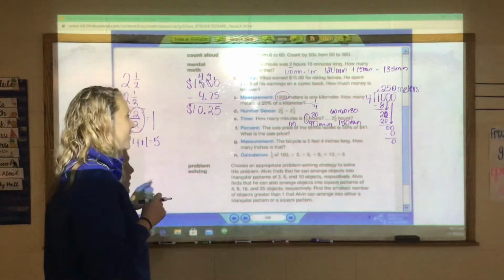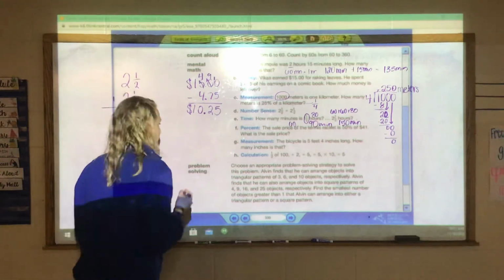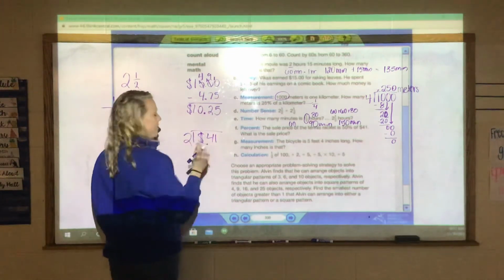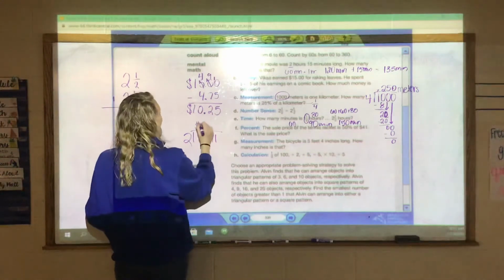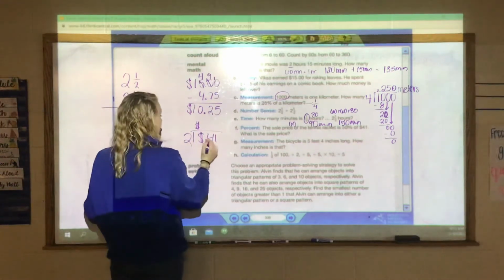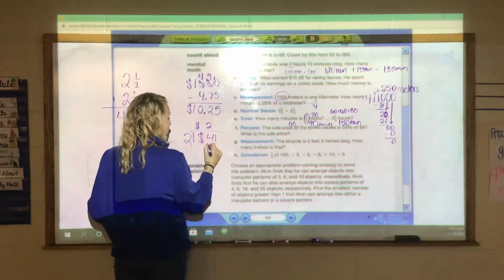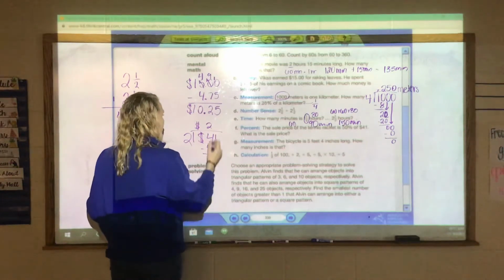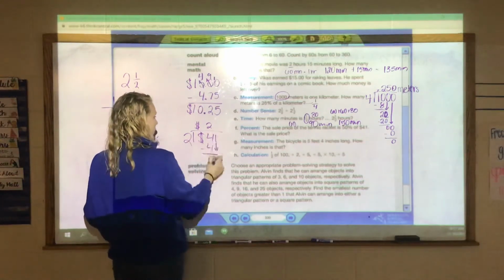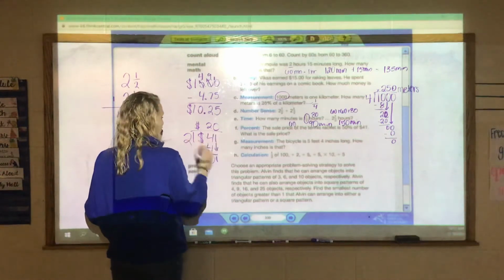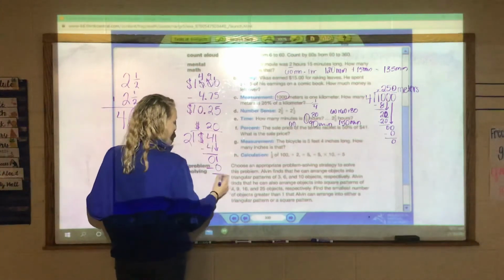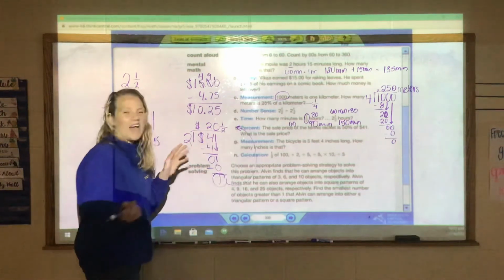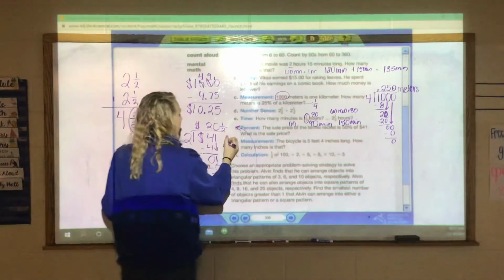The sale price of the tennis racket is 50% off of $41. What is the sale price? So we have 41 divided by 2, right? 50% is 1/2. So we pull up our dollar sign and don't worry about it. 2 goes into 4 2 times. 2 times 2 is 4. 4 minus 4 is 0. Bring down our 1. Okay, 2 goes into 1 0 times. 2 times 0 is 0. So we have this 1, comes up here as our numerator. $20 1/2. How else could we write that? As